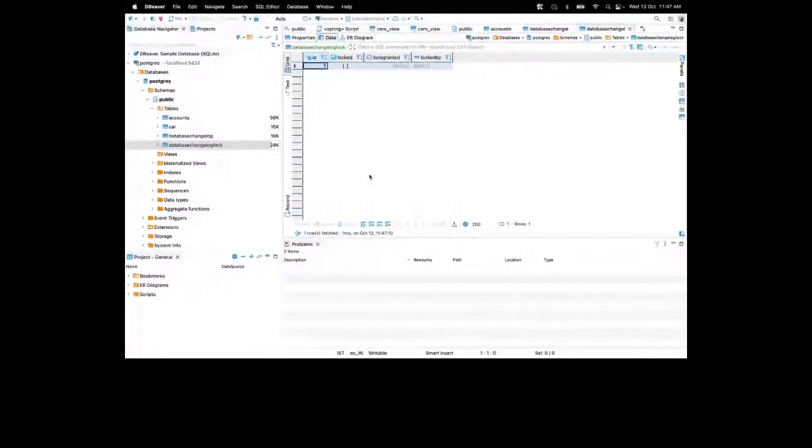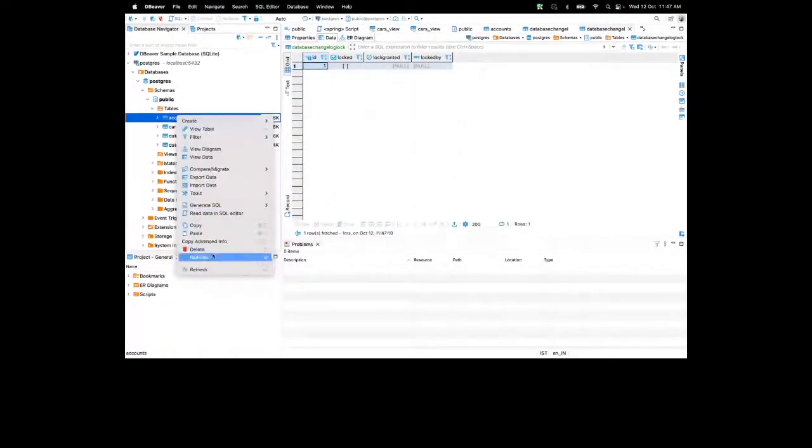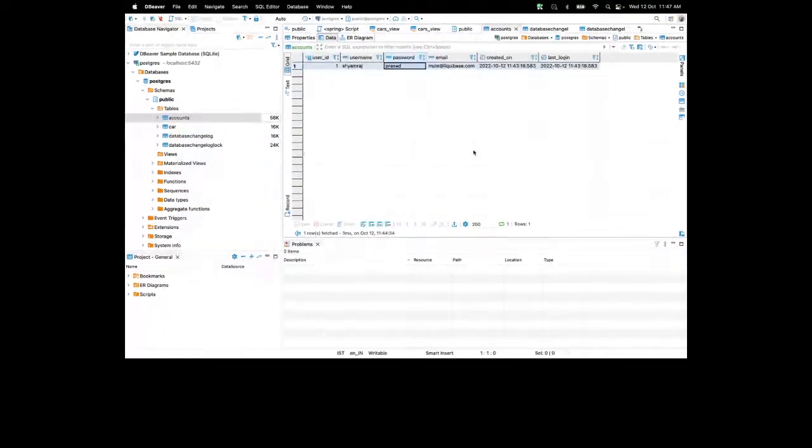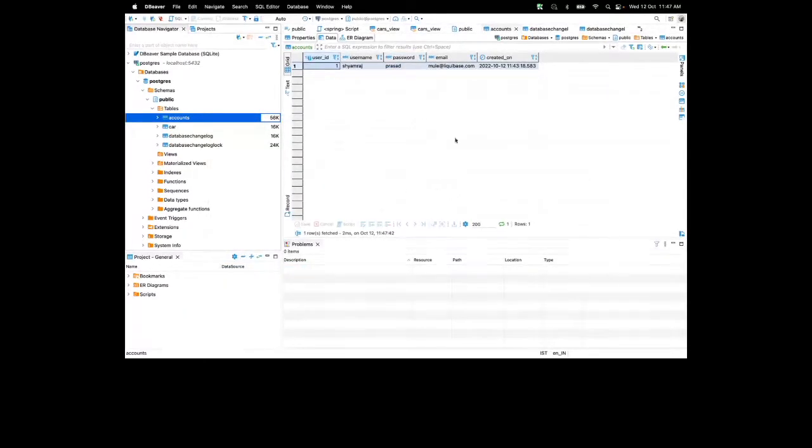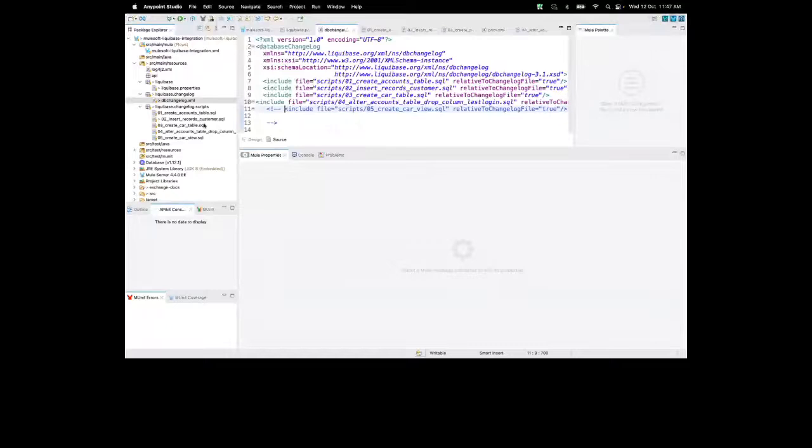And if we go to this table and refresh, yeah, so here you can see the last login column is removed. Even in the columns, user id, username, password, email, created on, the last login date is removed. Okay,